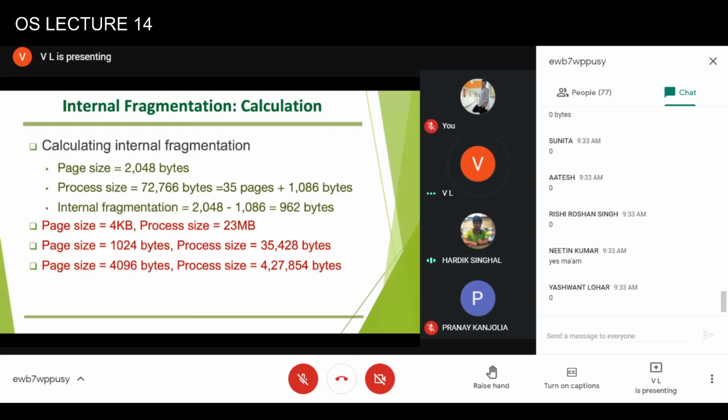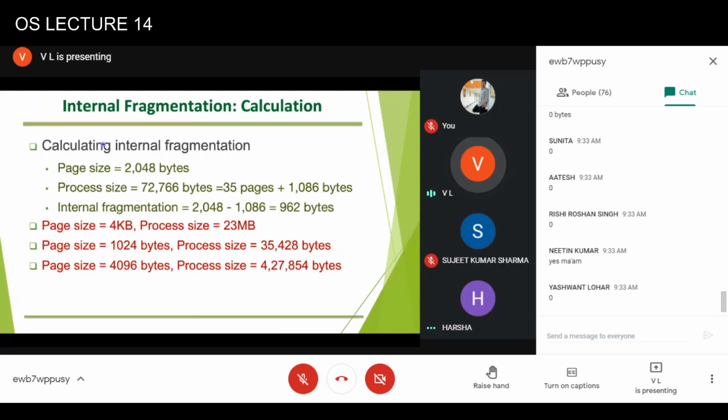Ma'am, what is the page size? 512 bytes. 9 bits. 9 bits. Okay.